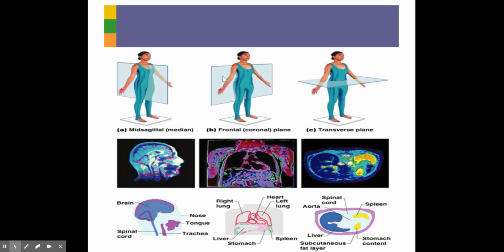Okay, guys, so we're going to look at body planes in this lecture here today. What you're seeing here are the three basic body planes. They divide the body into different quadrants. We would use these. You can see the images down here. These are MRI images. A lot of times we talk about a mid-sagittal MRI or a frontal MRI. It just depends on what you're wanting to see and how you're wanting to slice the body up